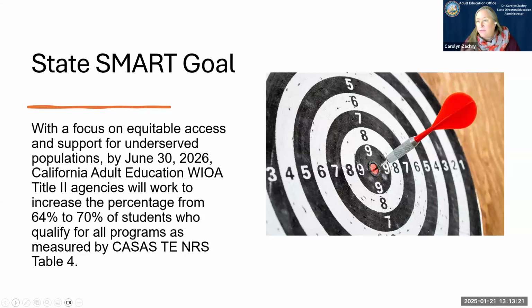So this has all of the components, right? It's specific, it's measurable, right? It's time bound. We have a date that we're going to end it by. It's relevant because this is one of the areas that we've been focusing in on. This is one of those gap areas. And we also believe that it's attainable.